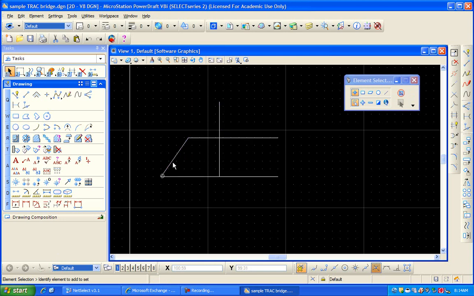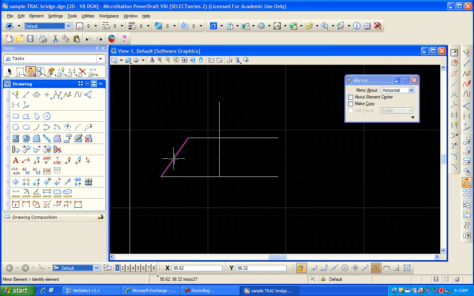Now to create my angle for my side view for my truss, I could do the same thing: copy, offset, and draw and trim. Or I can use a different feature, and I'm going to use the mirror command to make a copy of this angle over here. And to do that, I go back into the manipulate toolboxes there, and I'm going to look for the one that says mirror. So by selecting that, it says mirror element, identify the element. Well, this is the element I want to mirror, so I'm going to do a tentative to highlight it,